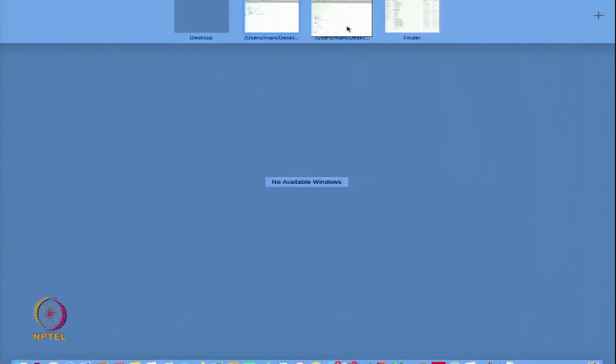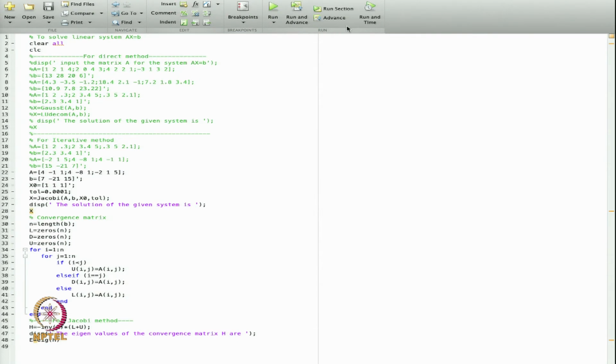Now, I will go to the main code from where I will call this function. If you remember, last time I made this linear system code, that will solve all the linear systems. Now we have to do the iterative process, so I have commented out the previous one that we used for the direct method. This is my clear all, and that is CLC. Now I am going to start with the iterative process.